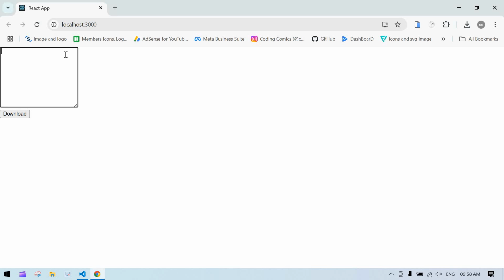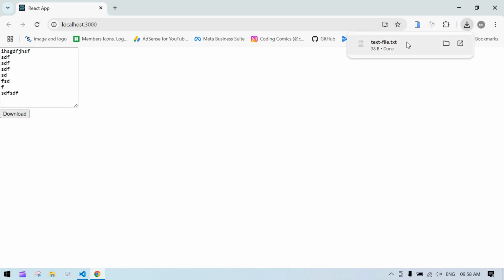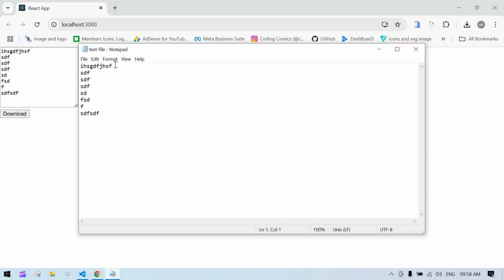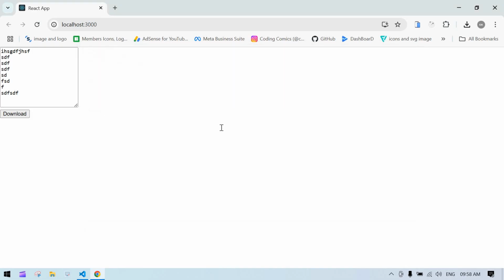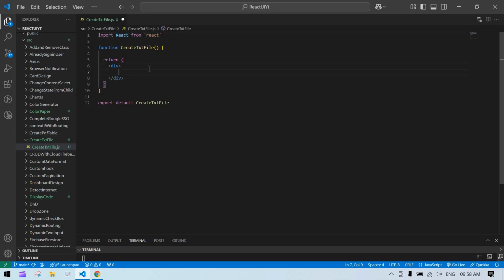Hello everyone, in this video I am going to show you that whatever we type inside this text area, if I click the download button, we can convert that into a text file like this in React.js. Let's start. So first I am going to create a text area